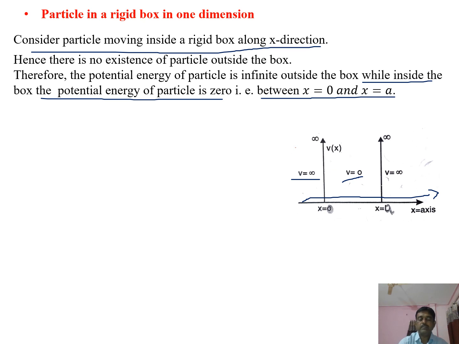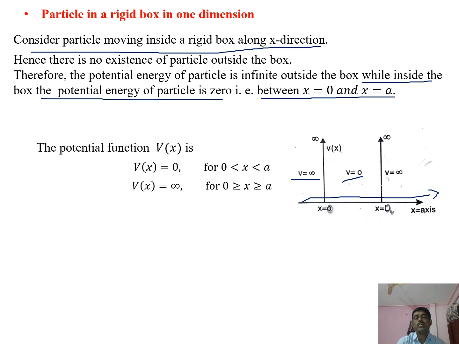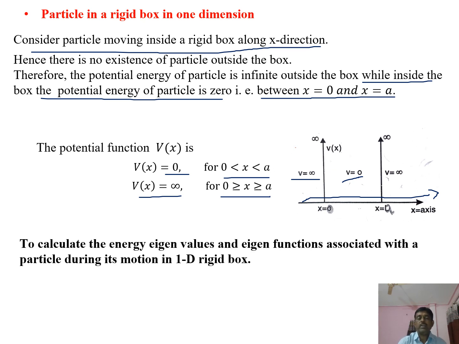Therefore, we can write the boundary conditions for the potential energy: V is equal to 0 for x lying between 0 and a, and V is equal to infinity for x less than or equal to 0 and x greater than or equal to a. To calculate the energy eigenvalues and eigenfunctions associated with the particle during its motion in a one-dimensional rigid box,